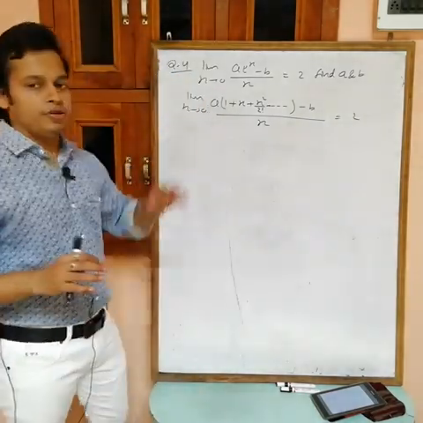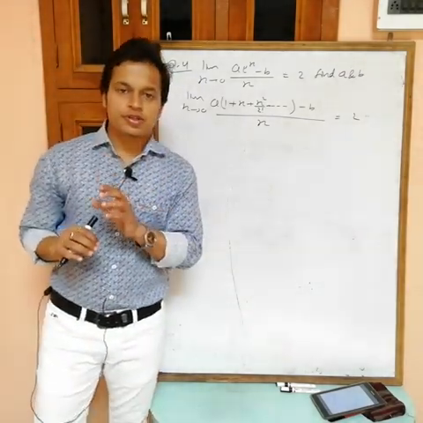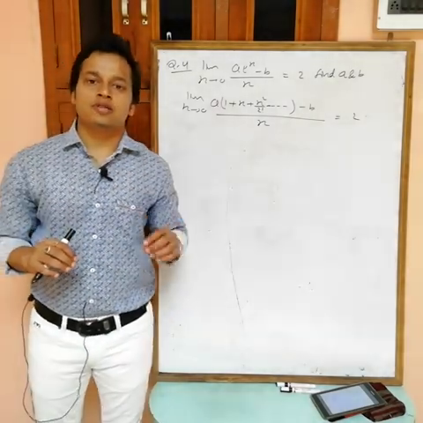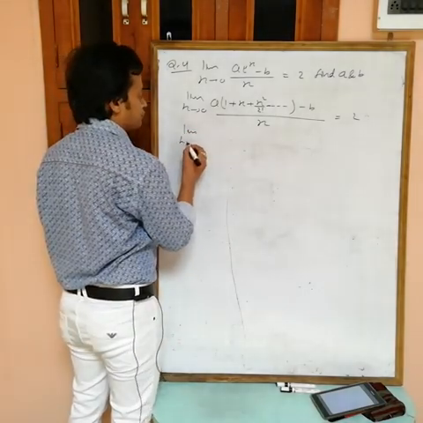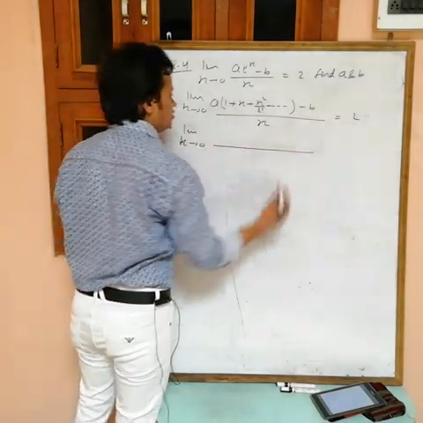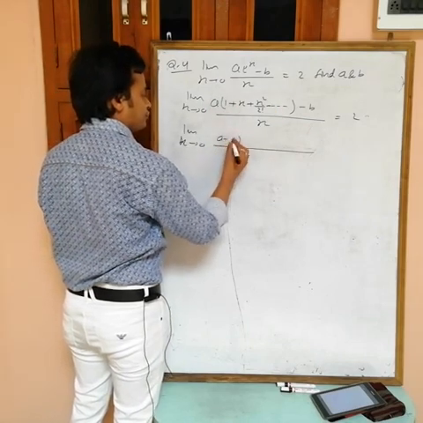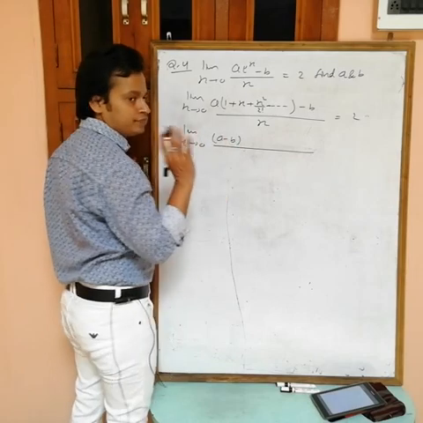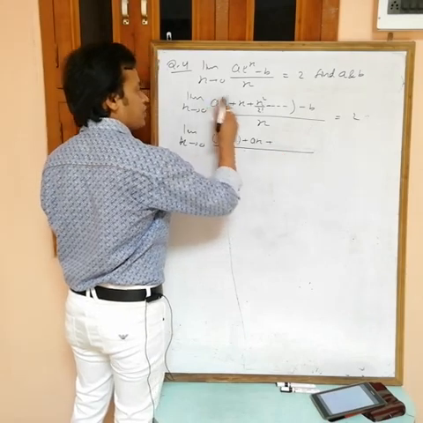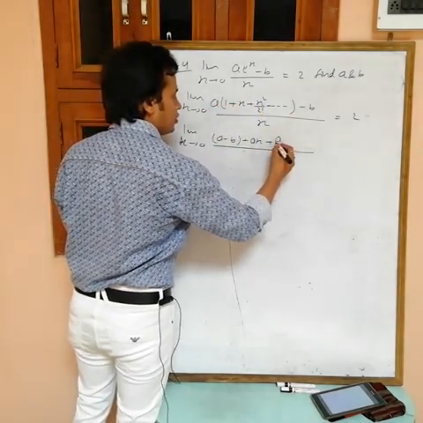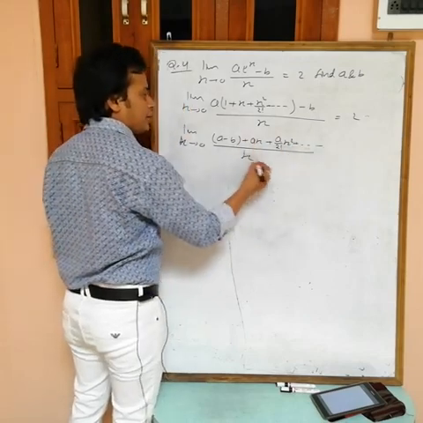Now you are getting the numerator and denominator both in terms of x. Now write the numerator in terms of the first constant term, then terms of x, then terms of x square, terms of x cube, like this. Now see, the first constant term is a minus b. Then the term of x is ax. Now the term of x square is a by 2 factorial x square, like this, all divided by x.